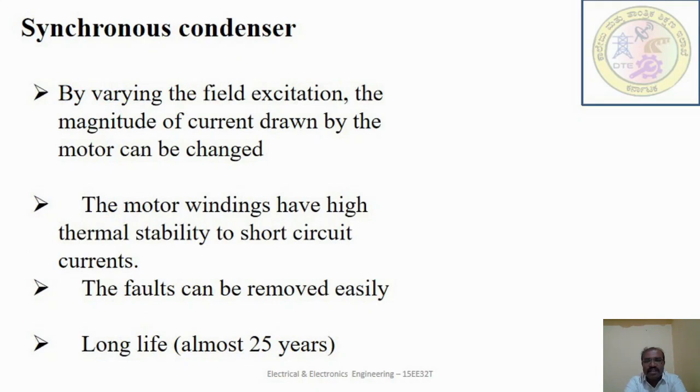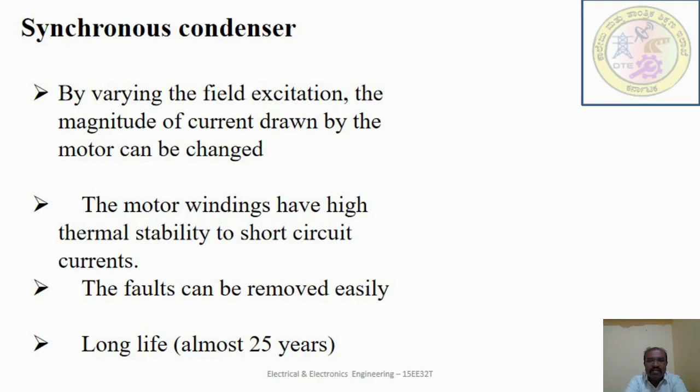Synchronous condensers are sometimes called synchronous capacitor or synchronous compensator also. In a DC excited synchronous motor, the shaft is not connected to anything but spins freely. Its purpose is not to convert electrical power to mechanical power or vice versa, but to adjust the condition of the electrical power transmission grid. Its field is controlled by the voltage regulator to either generate or absorb the reactive power as needed to adjust the grid voltage or to improve the power factor.